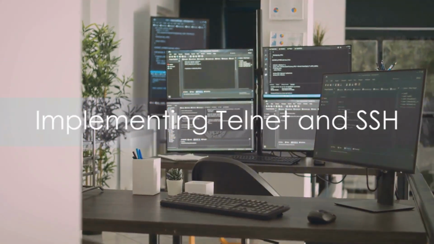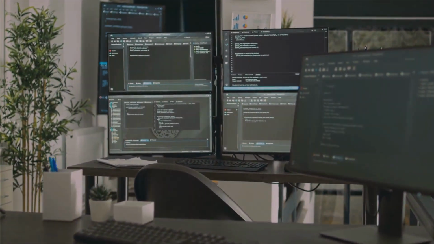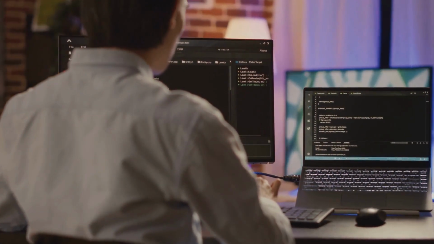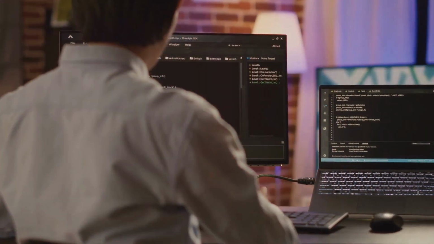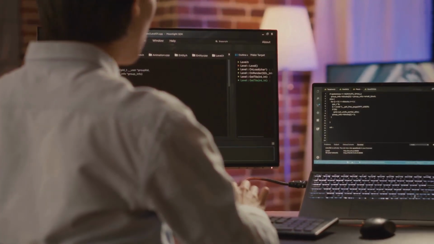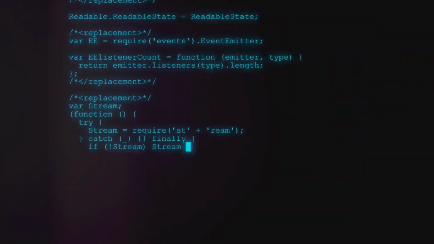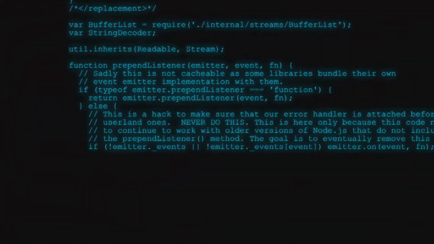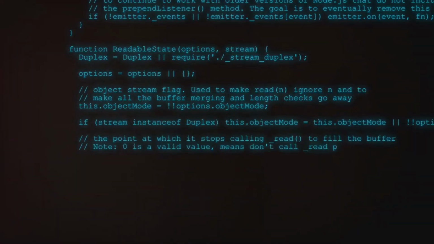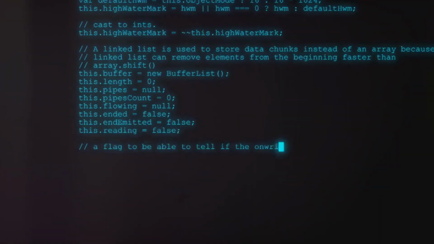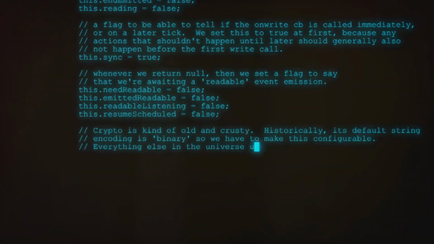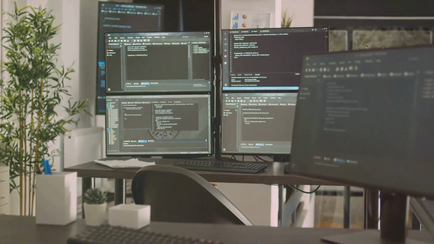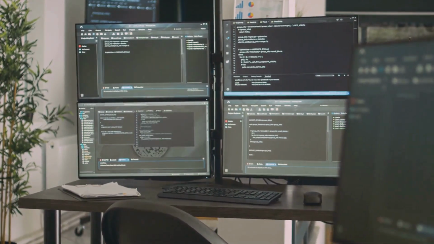You might wonder how to implement Telnet and SSH. It involves configuring the respective server applications and ensuring the necessary client applications are installed on the local machines. To implement Telnet, you need to install a Telnet server application on the remote system you aim to manage. Also, the Telnet client application should be installed on the local machine from which you plan to establish a Telnet session. By default, the Telnet server listens on port 23, and the client connects to this port to initiate a